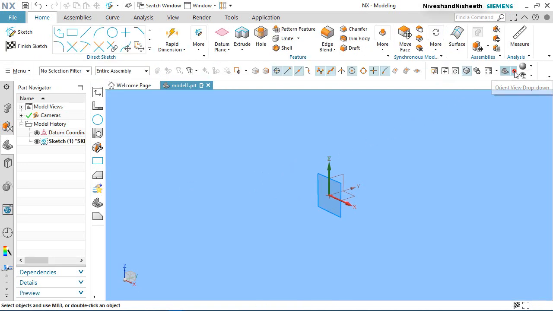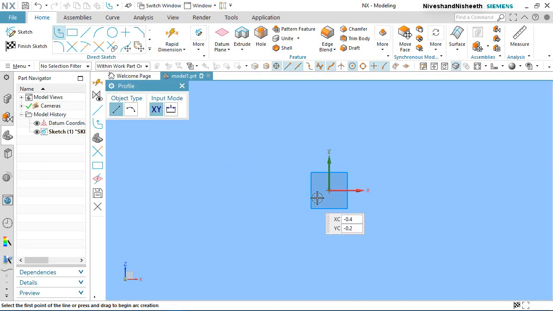Choose front view and choose profile command. Start the line from the center point of the origin.